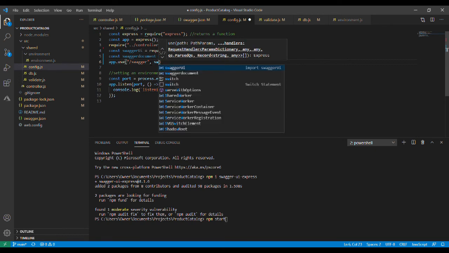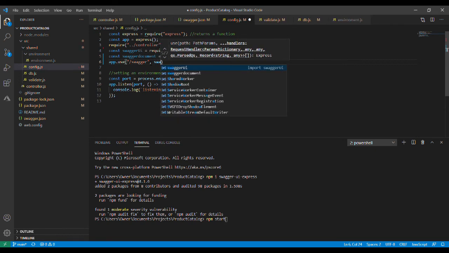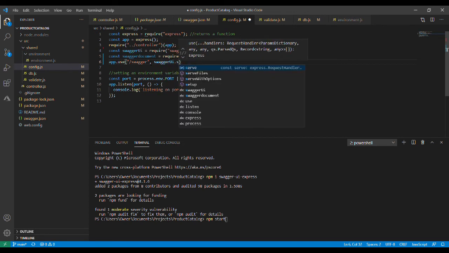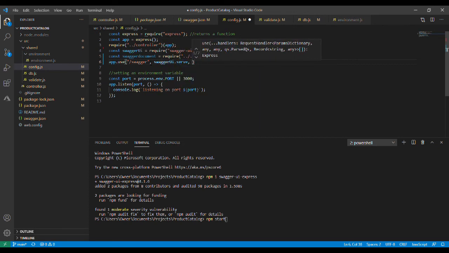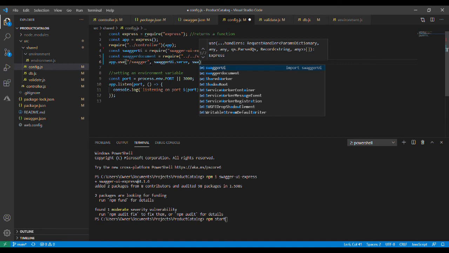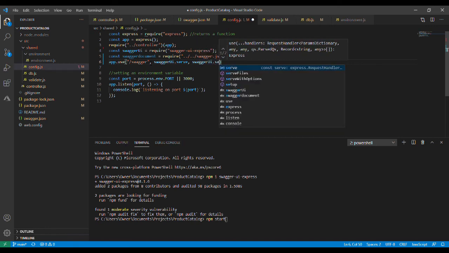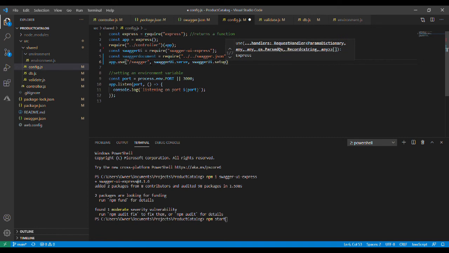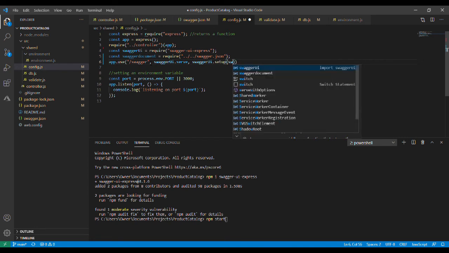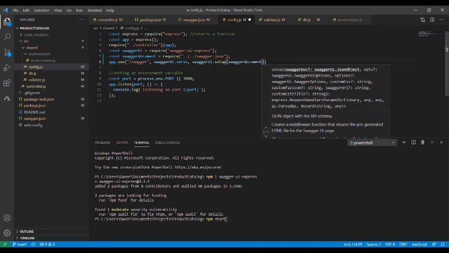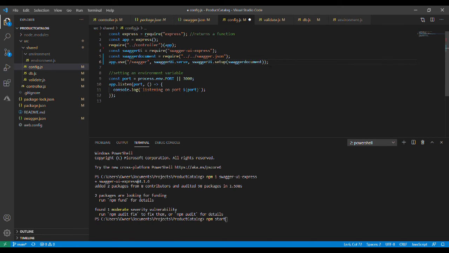Then swaggerUi.serve and the setup. Then we can pass in the document. Okay,